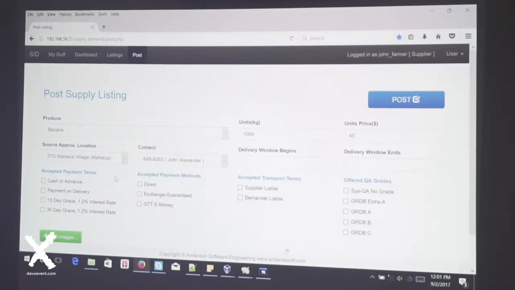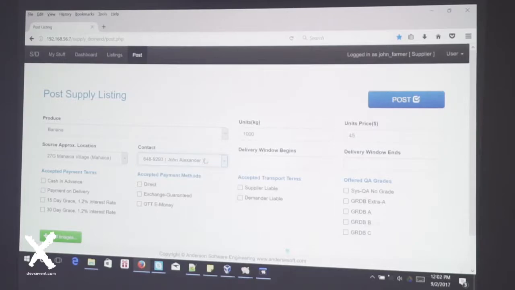We want to have standardized trucking rates. So when you put in your address, it is isolated to a particular area, so we can calculate. For example, if you sign up with an address in Mahaica, a lot number, whatever, it's allotted to the Mahaica area, so we can calculate transportation prices, because some farmers can give you a cheaper price, but they make back their money on giving you a more expensive transportation.